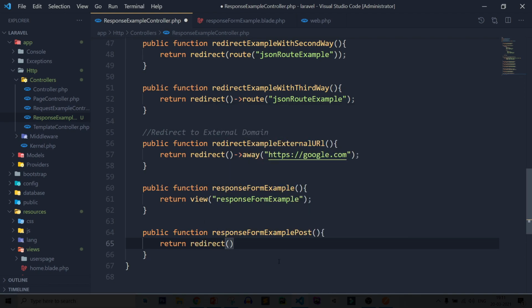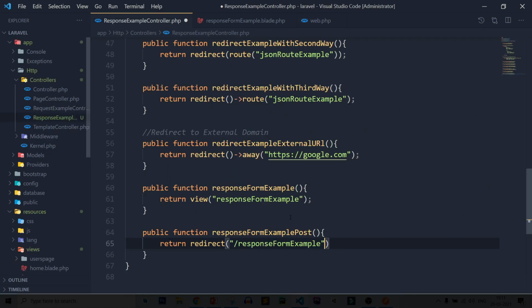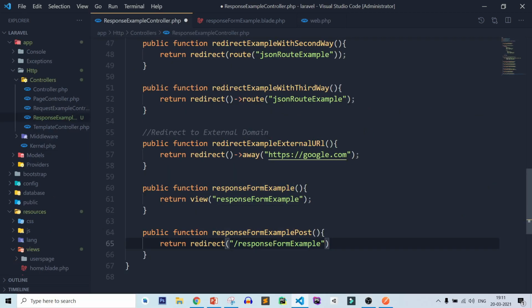So here I am going to redirect my user to same this page. So copy request form example. Let's copy the form example. After that we'll pass session message. So for this let's see passing message to template when using redirect.